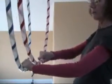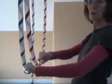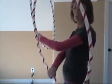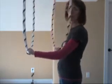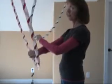So what we're going to do is hold both of them, and you'll notice in my hand, I'm holding this red hoop on my wrist of the left hand, of the blue hoop. Okay? And when I let them drop, I catch them almost before they get back to the starting position. So when they come back to the starting position, this red hoop that's closest to your body, when it comes around and you catch it, you're going to